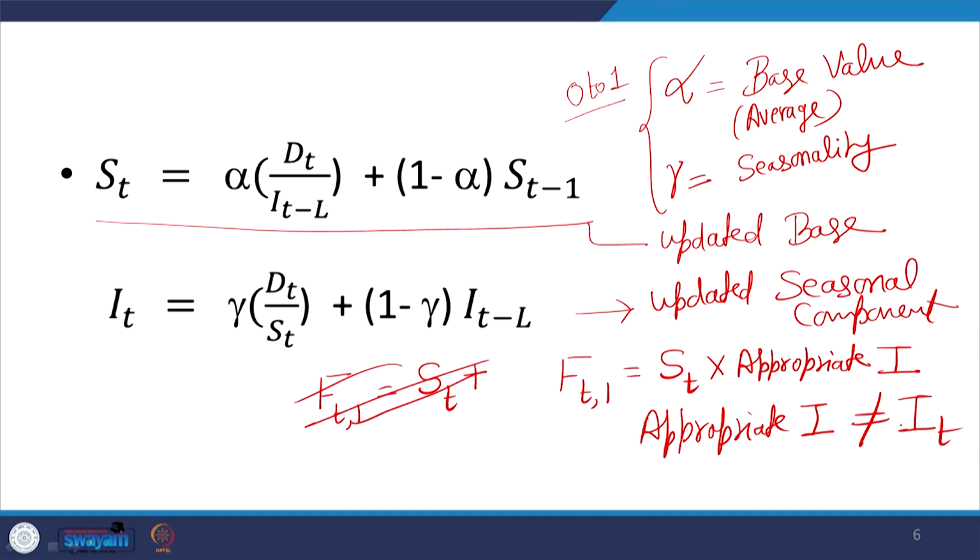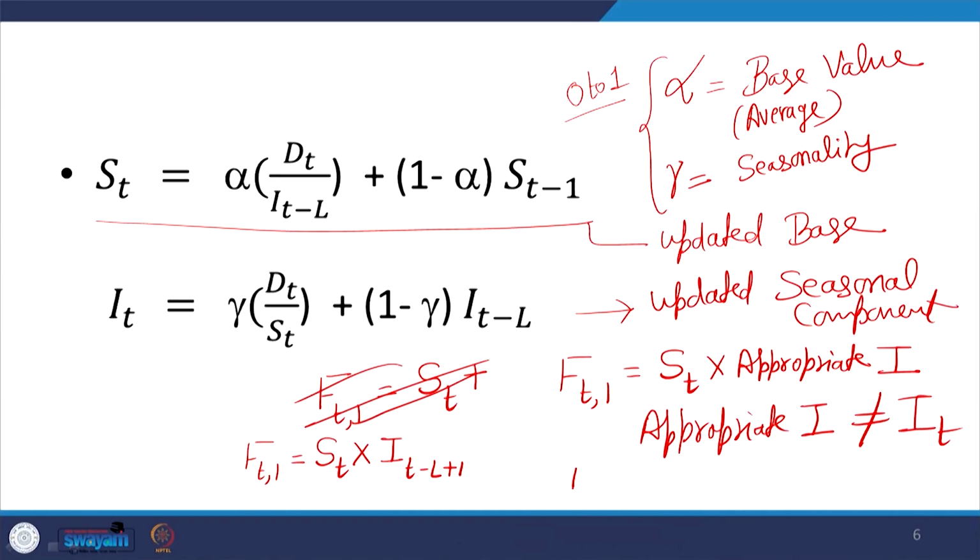So, if I say in the generalized way, the appropriate I, which I said I will tell you later, in the general form will be like this: S_T into I_(T minus L plus 1). So, L is